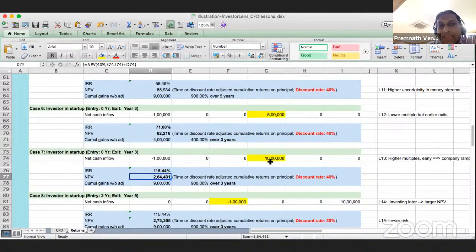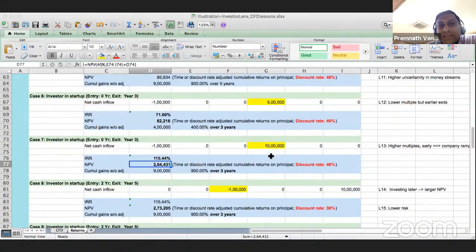So you paying back early, or showing an exit which is earlier, is a great sign for investors, right? They will see a lot more value in you if you are going to give them an exit earlier and show that there is a way to exit. If there's no way to exit and they don't see larger investors who can give them an exit or a person to buy them out, then they will increase the discount rate. So this will become 50% and then your numbers will crash again. So you have to decide